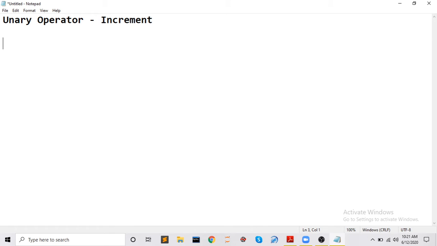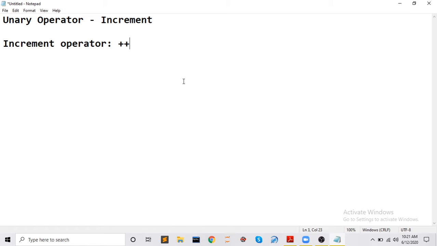So in the C language, wherever you see this operator, it is called the increment operator. So let me write it here. So this is called the increment operator. Why is it called increment? Because as you can see there are two plus signs, don't get confused. One plus sign is binary addition, which we will see when we go to the arithmetic operator. Two plus signs are for the increment operator, which is a unary operator. So whenever you see this sign you will understand that this is an increment operator.